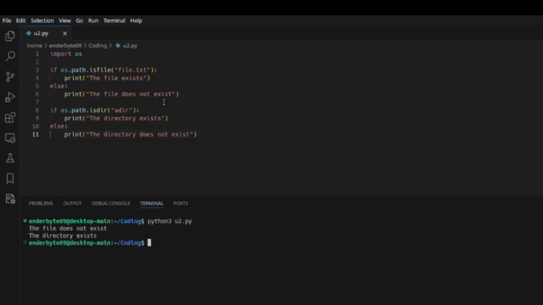exists at this point. And it's saying that file.txt doesn't exist because the code's still there, but the directory does exist. But if I now remove adir, it will now say that both the file and the directory do not